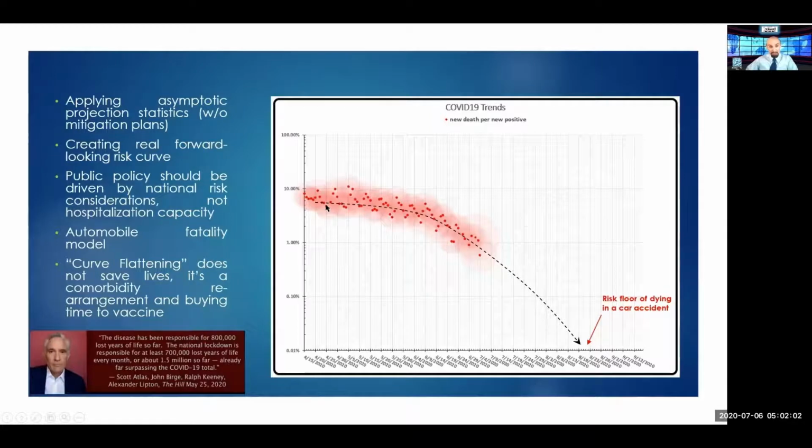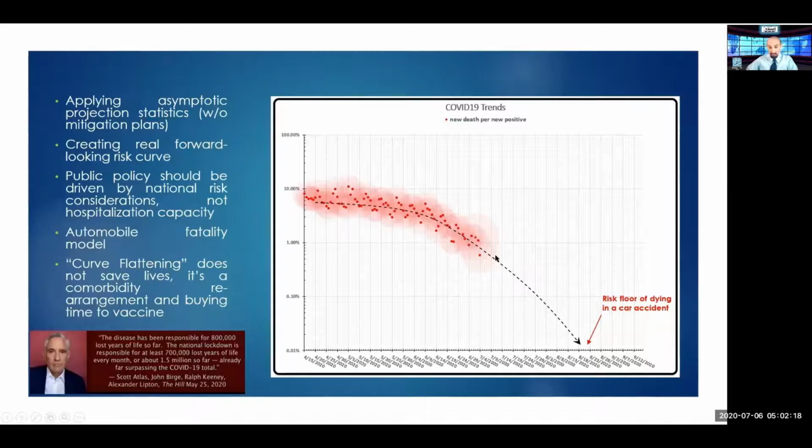So if we just do some asymptotic projection of the data that we have for the risk of death, the curve that we showed before,